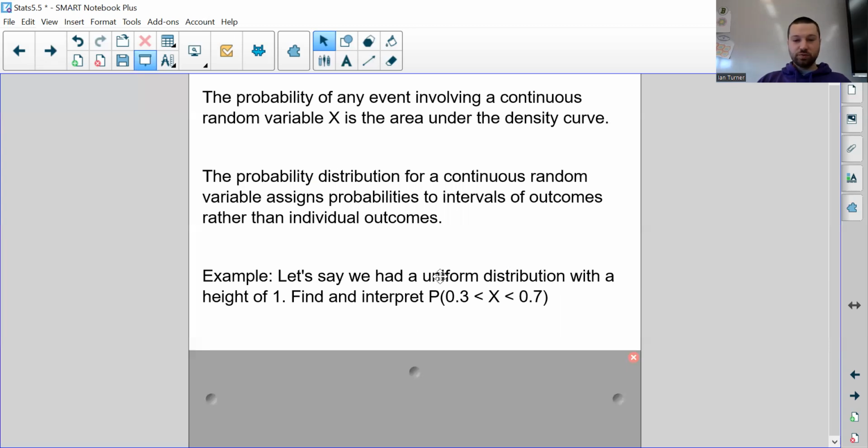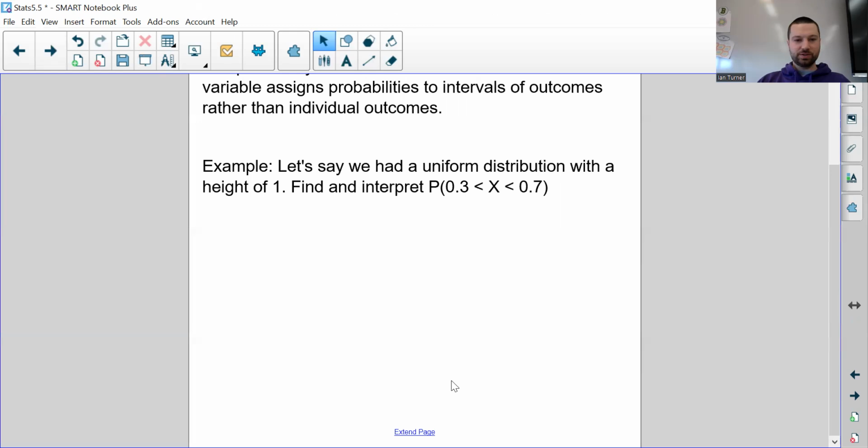So there's what's called a uniform distribution, which aren't the most interesting things in the world, but let me show you what it looks like, because these do come up if you